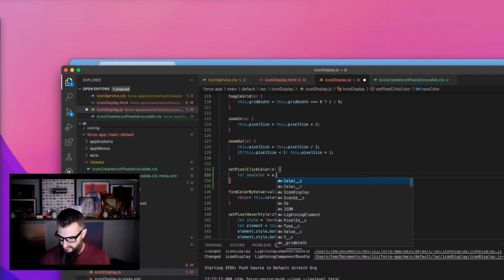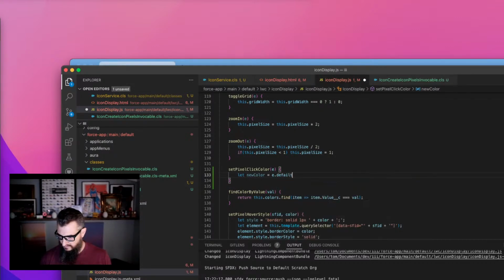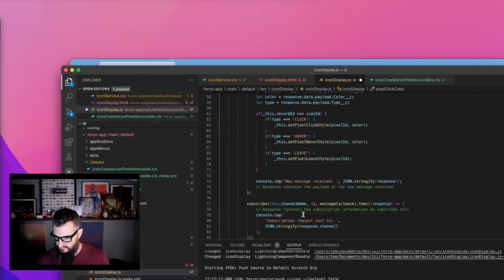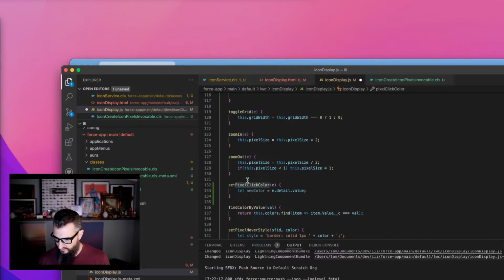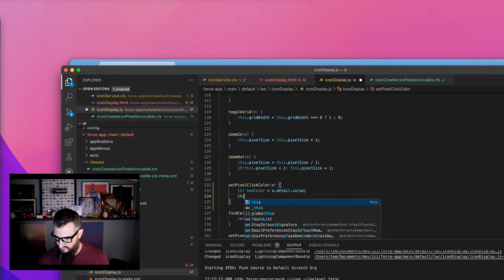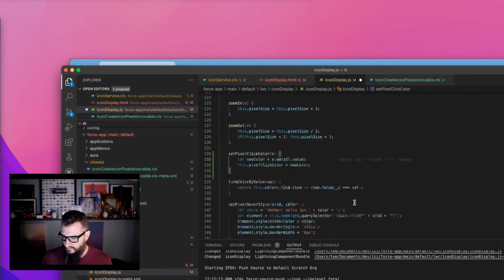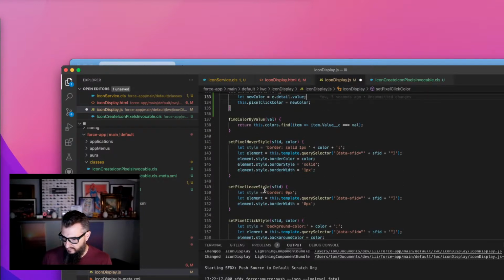color is detail.value. I gotta check that. I'm going to have to debug that and see, because I just want whatever they typed. And we'll set this to that new value. And then when we set that, we will, when we click on